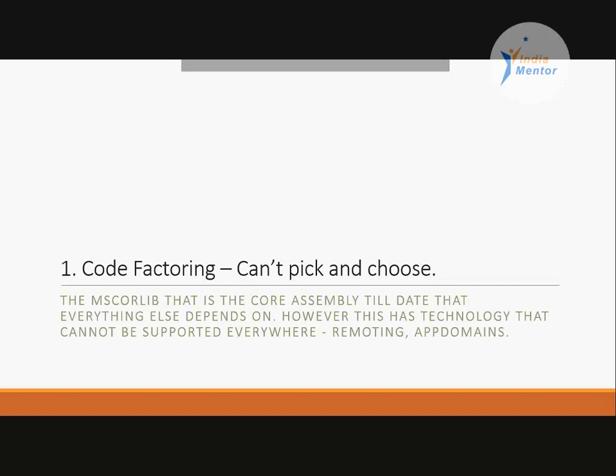The problem throughout was that for .NET, MSCORLIB was the core assembly from which everything was picked. Everything that you were coding in .NET always depended upon this specific library. This library was not factored. By factoring, I mean that we always thought as .NET guys that this would only be working on Windows. This would not be targeting a Linux or a Unix or a Mac machine. So you would not really think about distributing the code across components. The code factoring was not there.